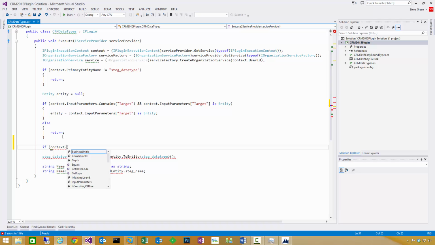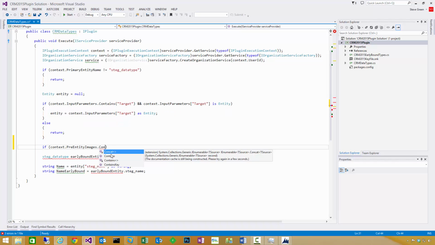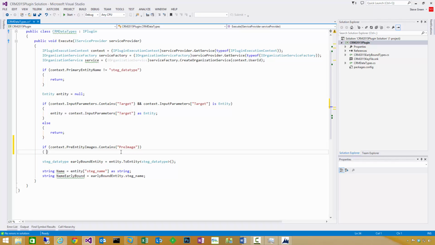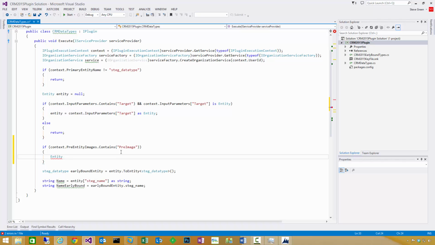if context dot, so we need to check whether it can, oh sorry, not input parameters, pre-entity images. So similar to the input parameters containing a target, we'll also check the pre-entity images container if it contains one called the name we just gave it, which is pre-image. Obviously if you did give it a different name, you can choose that. So if it does, we'll do our pre-entity